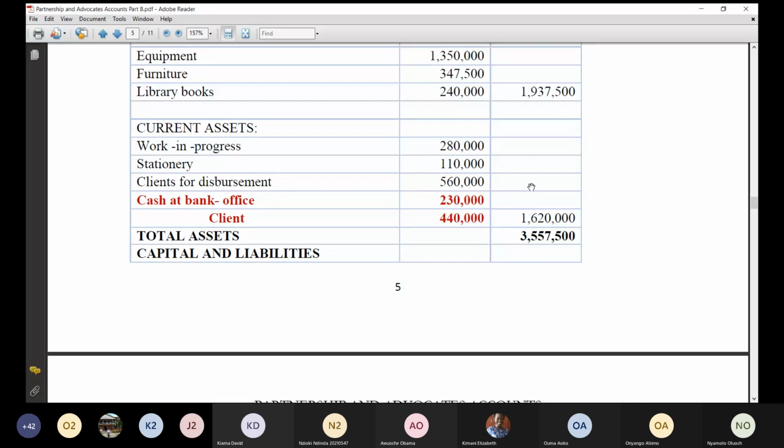And so I've given you a 360-degree approach for the partnership accounts. And for the partnership accounts, we've done a variation of questions. Looking at these questions,